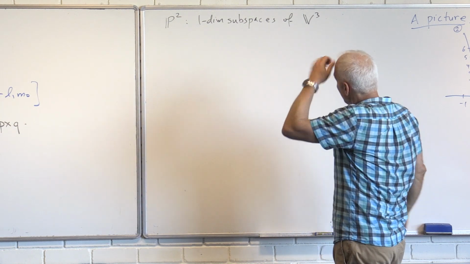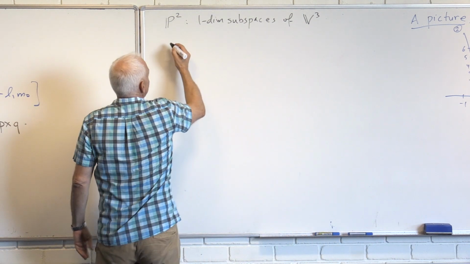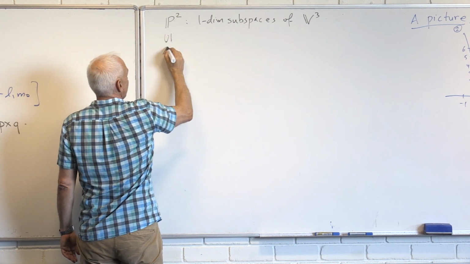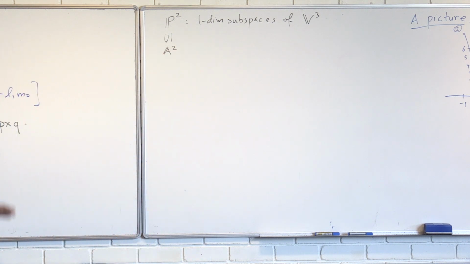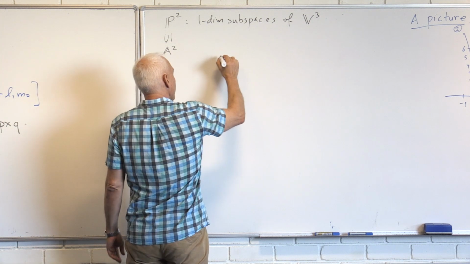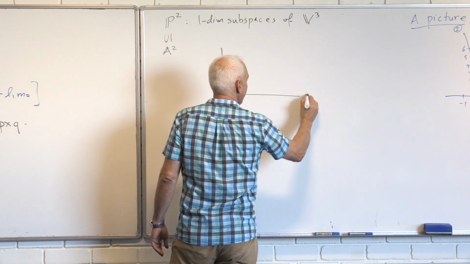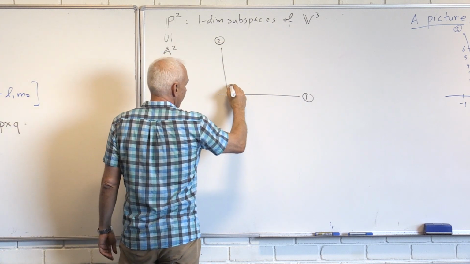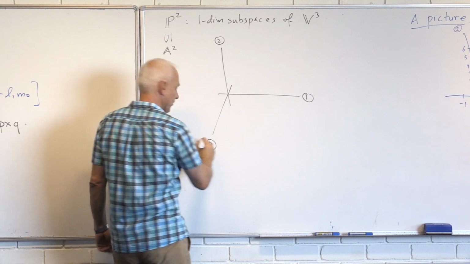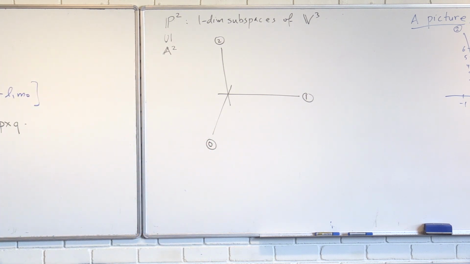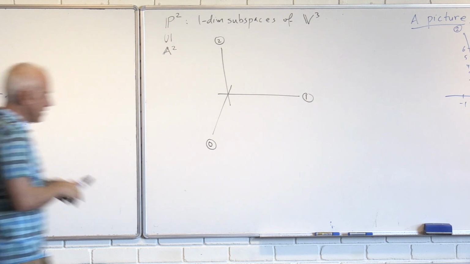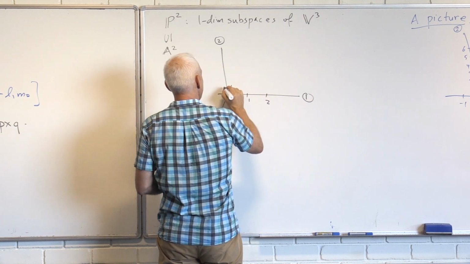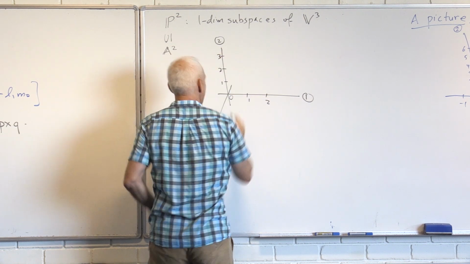And there's an important connection in that inside here there's a kind of A2. I want to explain that with a picture. So here's the first axis, here's the second axis, and let's create a third axis. The third axis will be the 0 axis, because that's what we use for projective points. And so now if you have a scale, 0, 1, 2 on that scale, 1, 2, 3 on that scale,